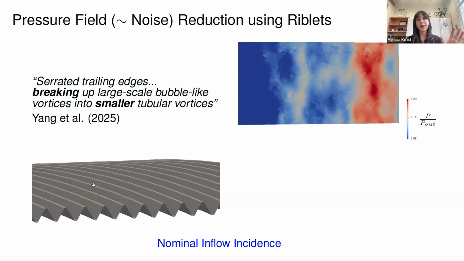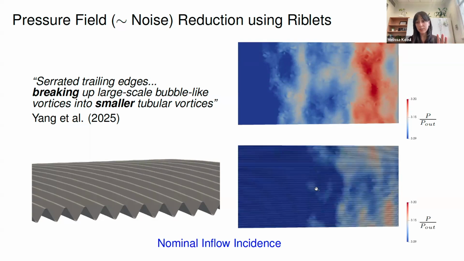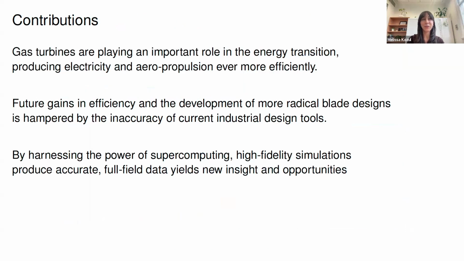And so if we apply a riblet like this, we found lower pressure levels. I need to do some more work on this, but I hope this will also translate into a lower sound level, noise coming from the blade. Okay, so I think I will leave it there, and I'd be happy to take any questions, but just to sum up,